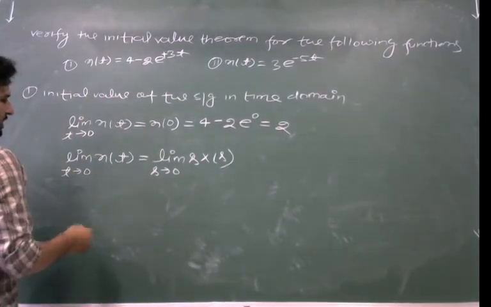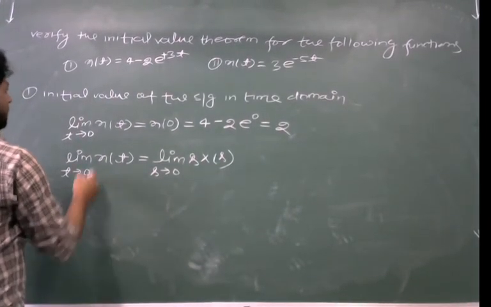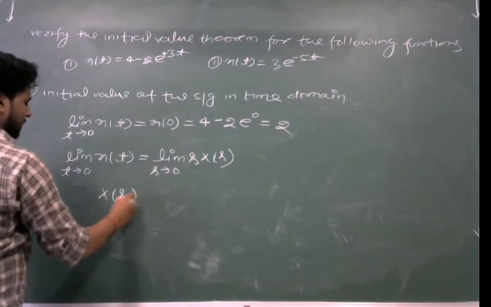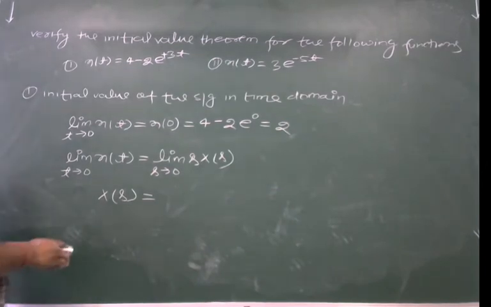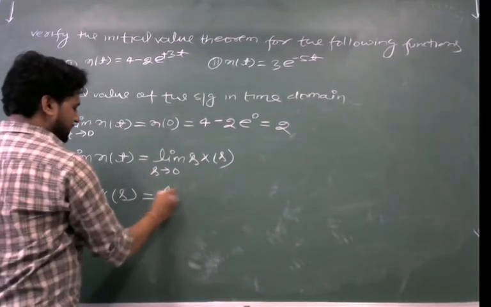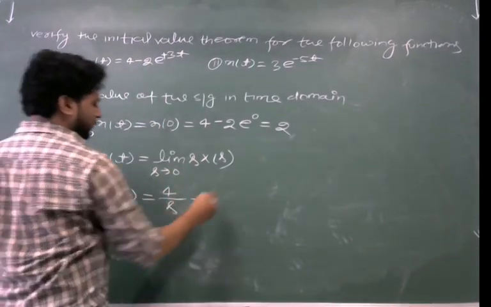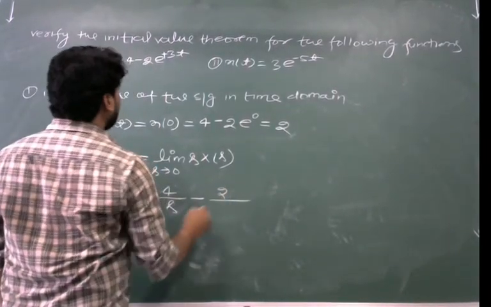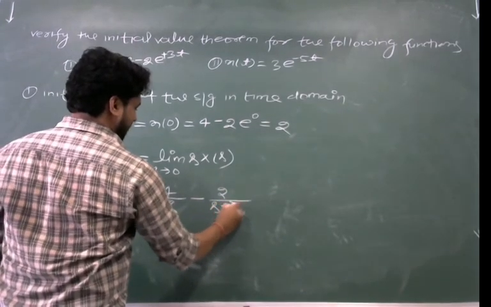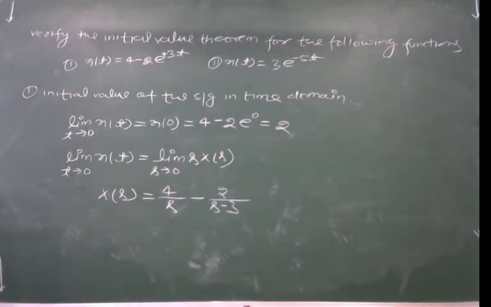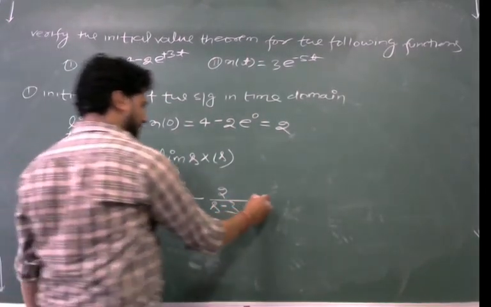If x of t is given as 4 minus 2 into e power 3t, then x of s will be equal to the Laplace transform of 4, which is 4 by s, minus 2 upon s minus 3. This is the Laplace transform of the given equation, 4 by s minus 2 by s minus 3, or this can be simplified as